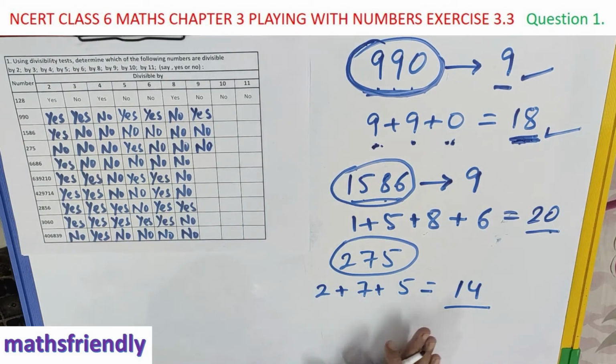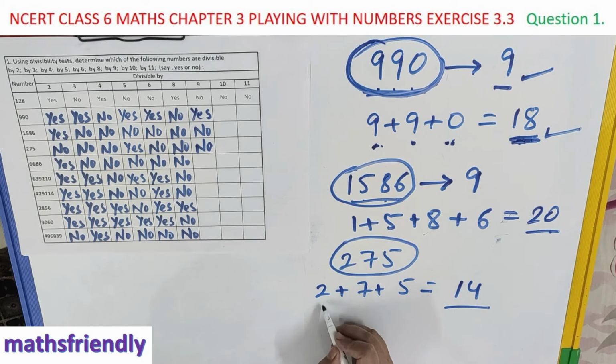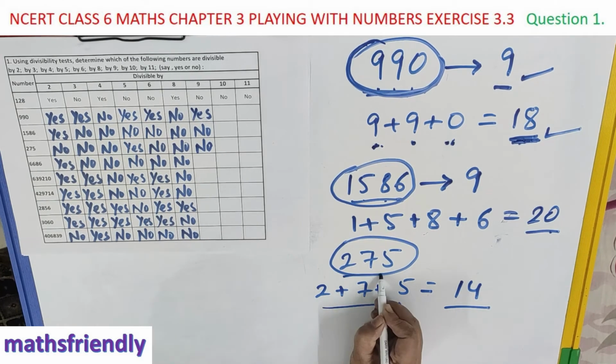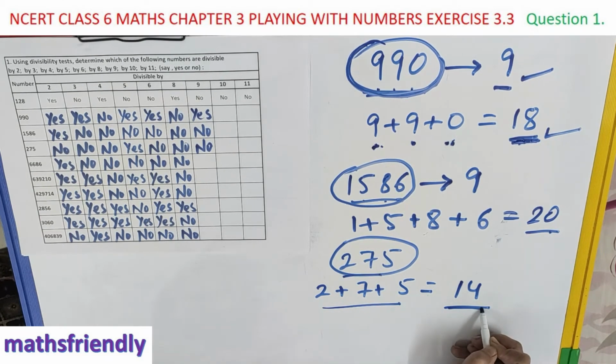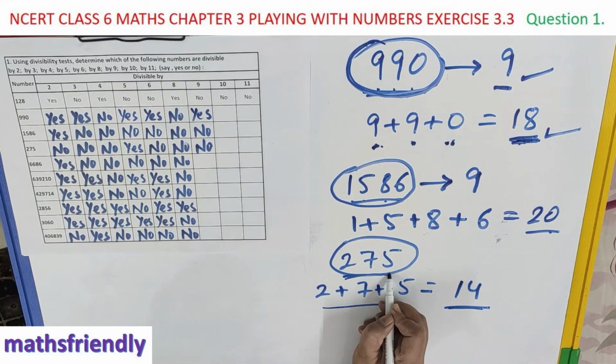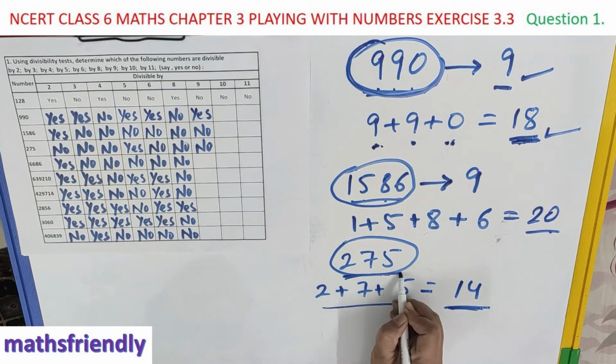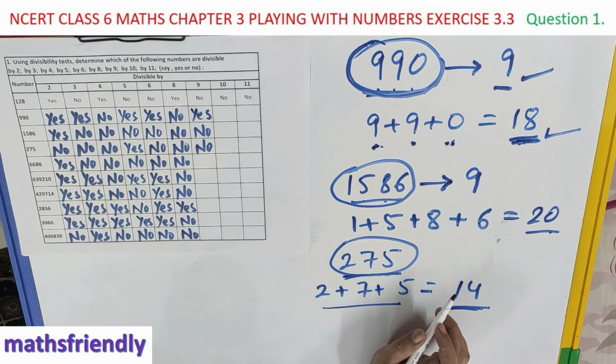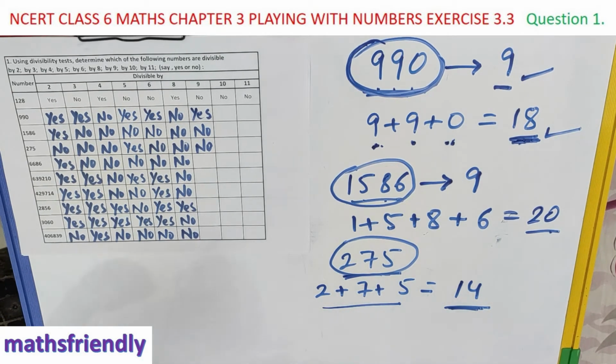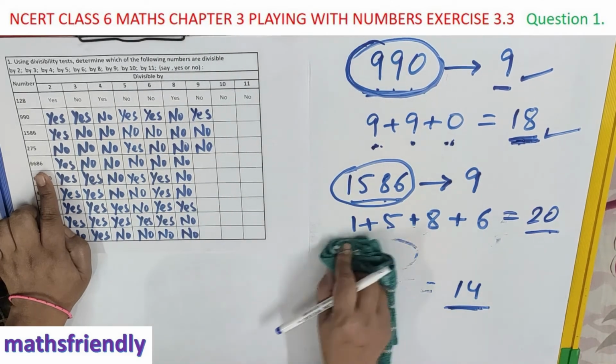So if the sum of the digits of the given number is divisible by 9, then the number itself is divisible by 9. Or if that sum is not divisible by 9, then the number will also be not divisible by 9. Okay, now let us do the next one. The next question is